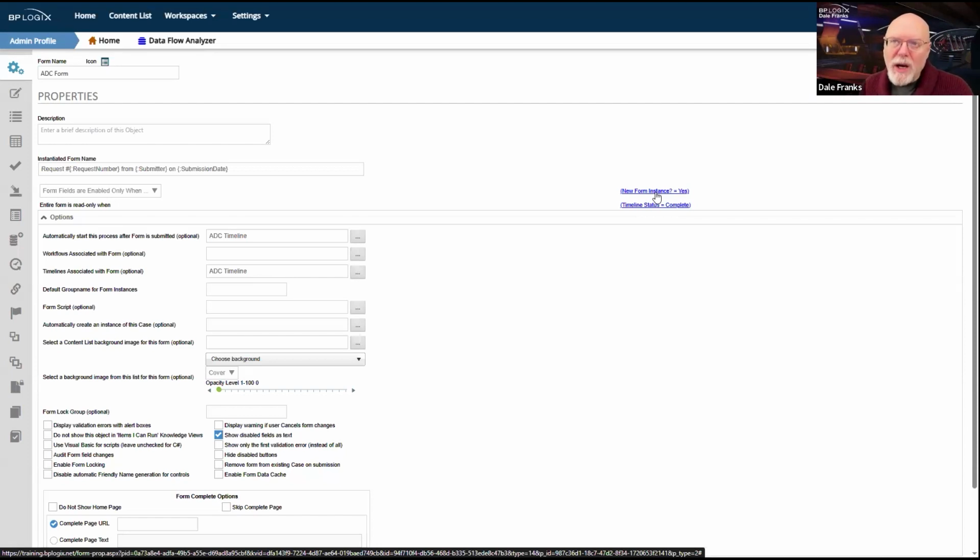I generally, this is not universal, and I think you'll find over the next couple of weeks, I'm going to be talking about a lot of generalizations that are not applicable in specific cases, but that are sort of generally true, even if they're not specifically true in every case. In general, I don't want people to go back in and change the initial request. In general, I don't want that editable.